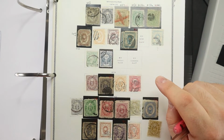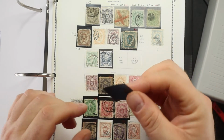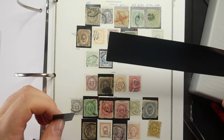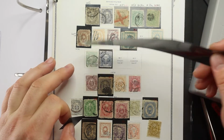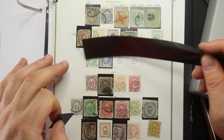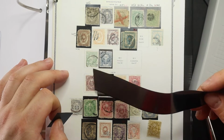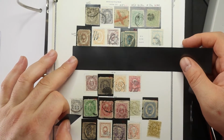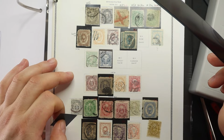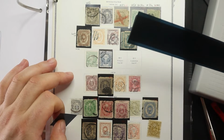Now, the next thought that I just had pop in my head was, what if, instead of cutting each individual mount, I were to simply put a strip there across? And yes, it would cover up my hints of the Scott numbers and whatever, but I can figure that out. I imagined in my head like all the pages having the mounts on there, basically like I made a hingeless album myself beforehand. But maybe I should do that as I go, because I do like having the Scott number, so I go back and forth. Anyways,